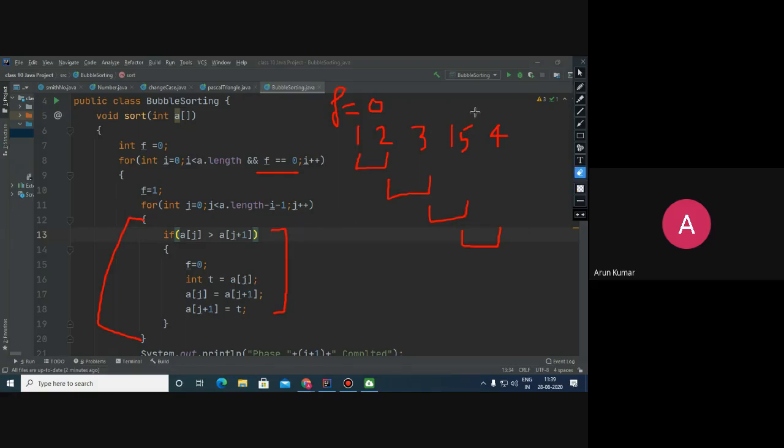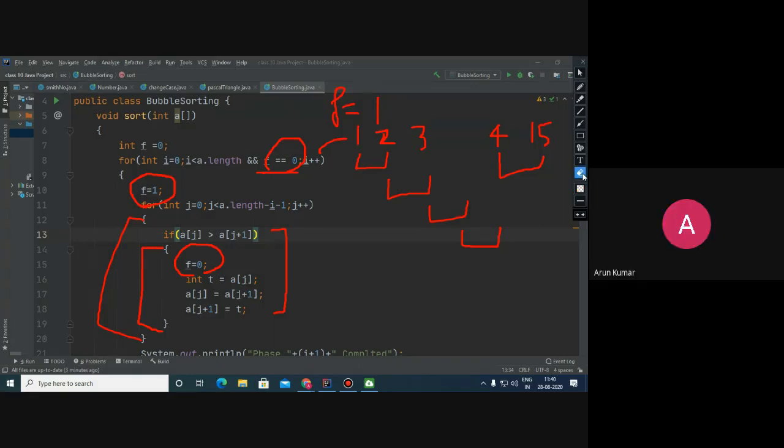And after we have swapped these, what will happen? f is 0, and here we have made f1. Compare these two, no change. Compare these two, no change. Compare these two, no change. Compare these two, no change. So it means control will not enter this block, and earlier we had set this value of f equal to 1, so f will not become 0. When this loop terminated, i will get incremented, but since f is not 0, the outer loop will also terminate. The array is already sorted. Vanshika, now understood?